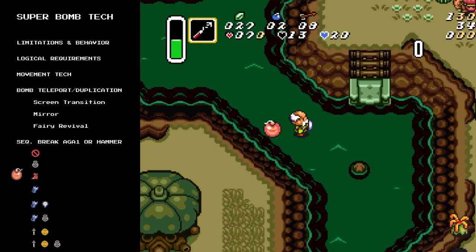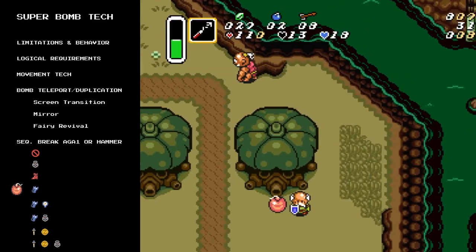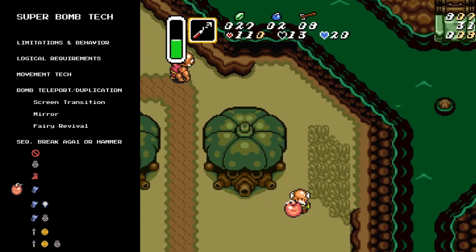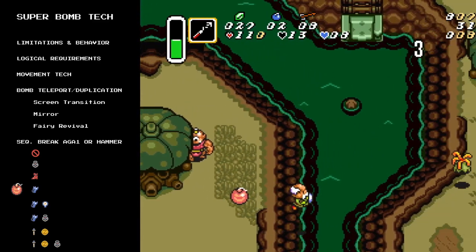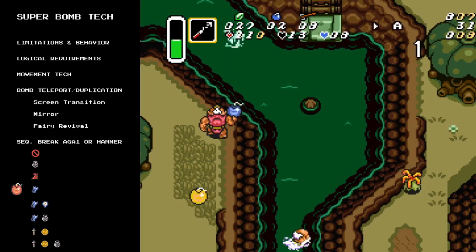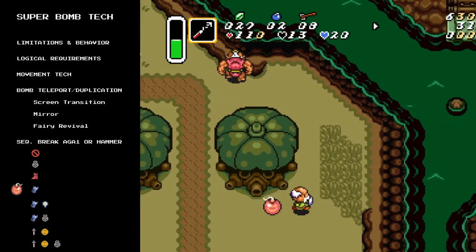So let's go check out what this looks like if all you have is the flippers. We're still at the North River crossing, and I'll explain why in just a second. But if you do have the flippers, it is possible to do the screen transition here. It is a little bit more difficult. So you'd hop in, line yourself up on the edge. I swim into the, and I just missed it, swim into the edge of the